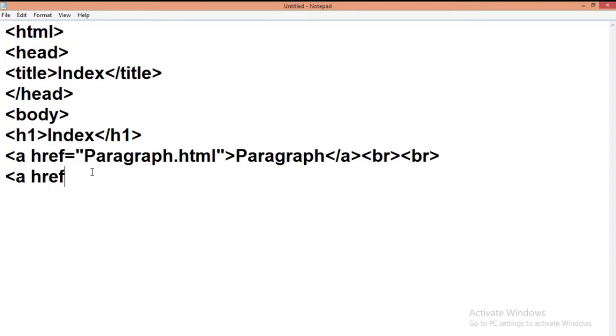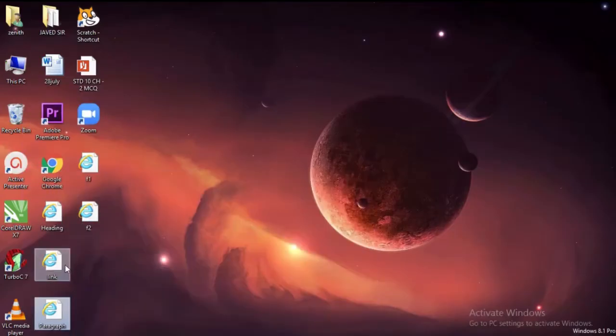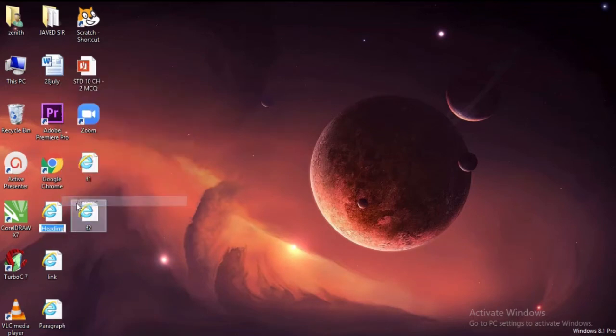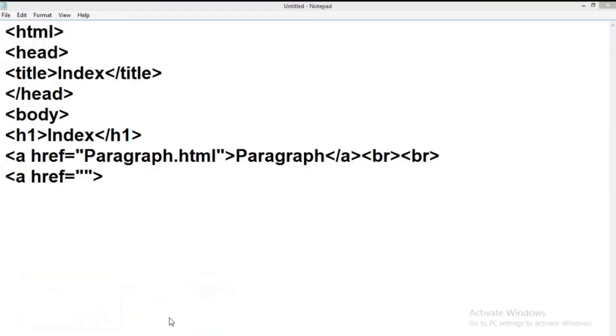Then once again an anchor tag, take the second file, the heading file, rename, copy the file name, then paste, and .html.